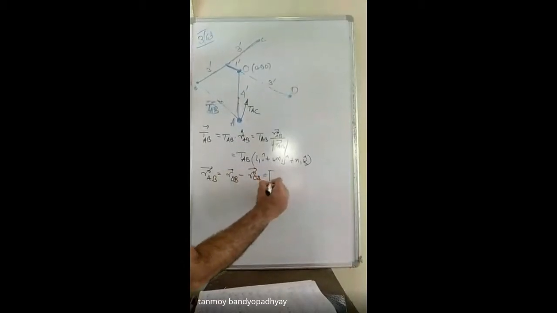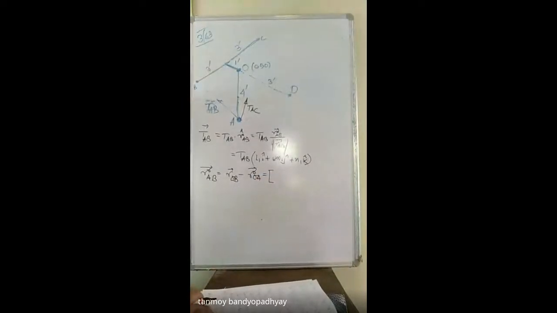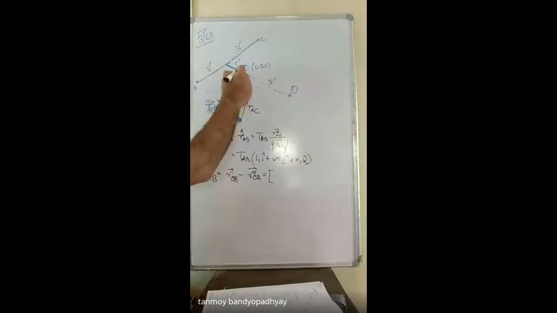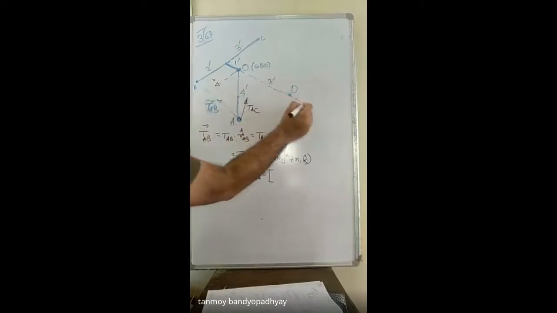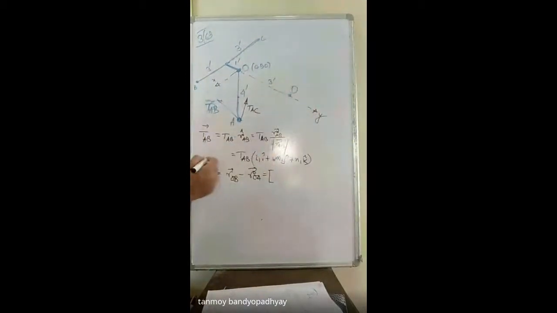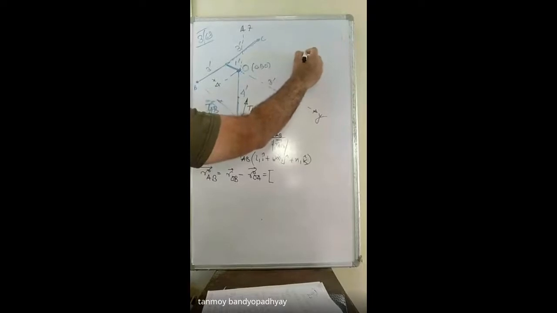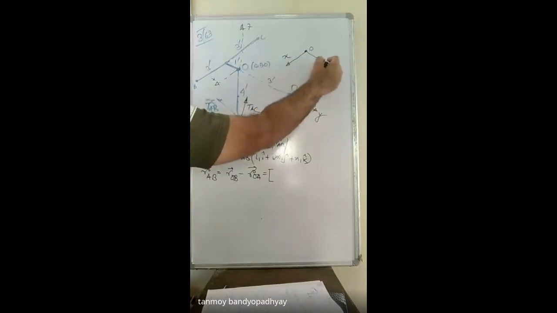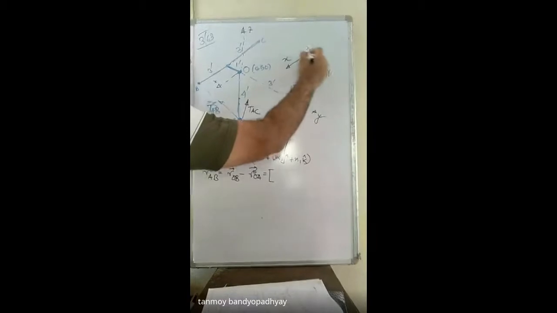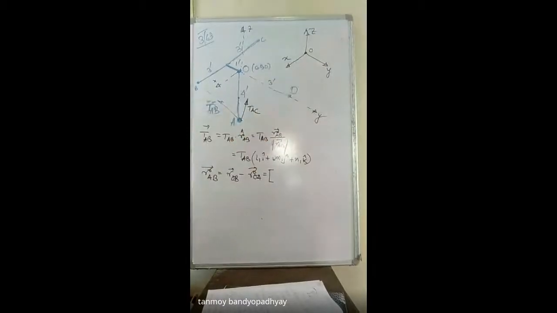So what are the coordinates of the point B? So coordinates of the point B, assuming this is to be the origin. আচ্ছা আমি এখানে x y z টাই আঁকিনি, so I have forgotten about drawing x, y and z. So from this point let this direction be x and this direction be y, and the vertical direction is z. So I hope you can understand the coordinate system. So from the point O, this direction is x, this direction along OD is y, and the vertical direction we are calling z.